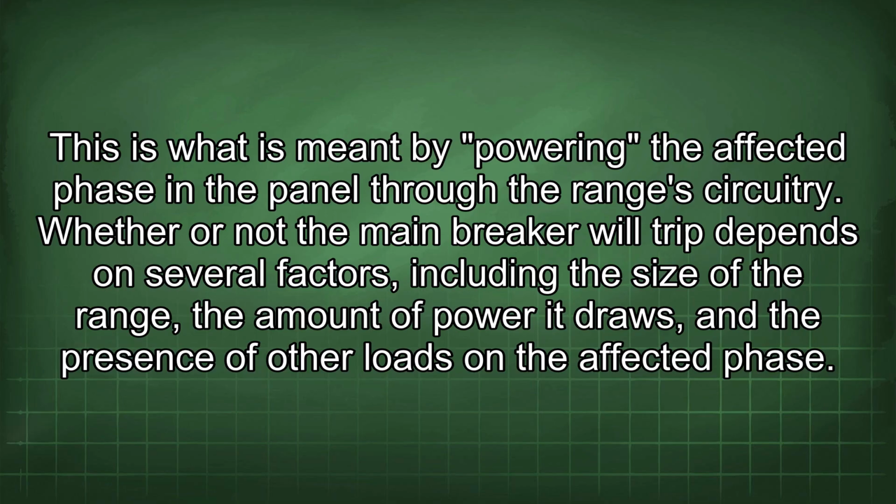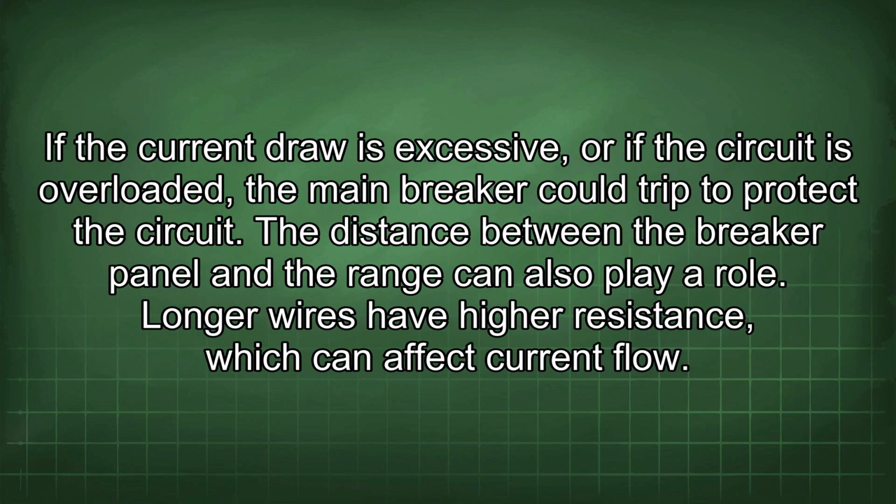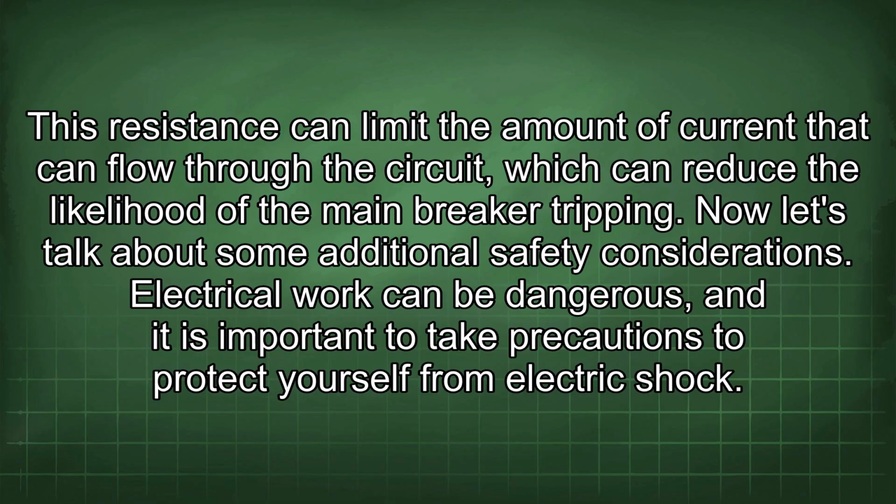This is what is meant by powering the affected phase in the panel through the range's circuitry. Whether or not the main breaker will trip depends on several factors, including the size of the range, the amount of power it draws, and the presence of other loads in the affected phase. If the current draw is excessive, or if the circuit is overloaded, the main breaker could trip to protect the circuit. The distance between the breaker panel and the range can also play a role. Longer wires have higher resistance, which can affect current flow. This resistance can limit the amount of current that can flow through the circuit, which can reduce the likelihood of